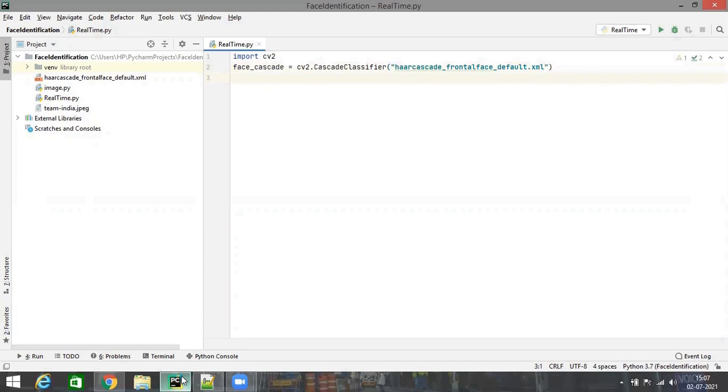Next, we want to instantiate our camera object so that our webcam is able to read the video frame in which we want to detect the face. I would recommend, if you have not gone through the previous videos of this series where we learned how to capture images and videos using OpenCV, that you go through the playlist and find those videos first so that you are comfortable with this particular video.